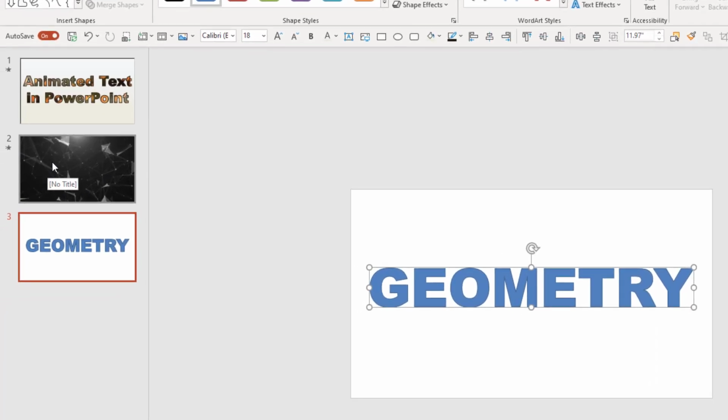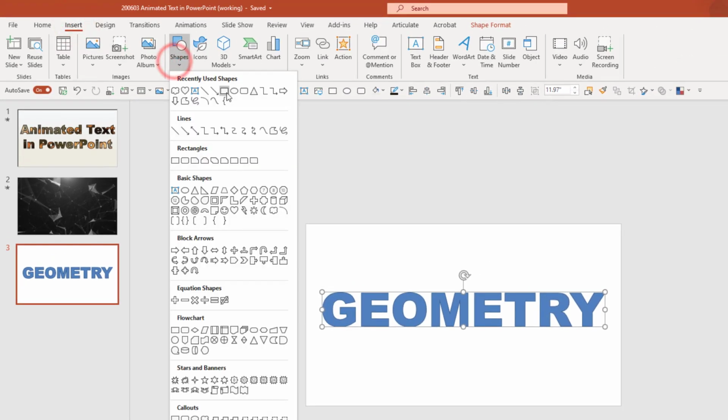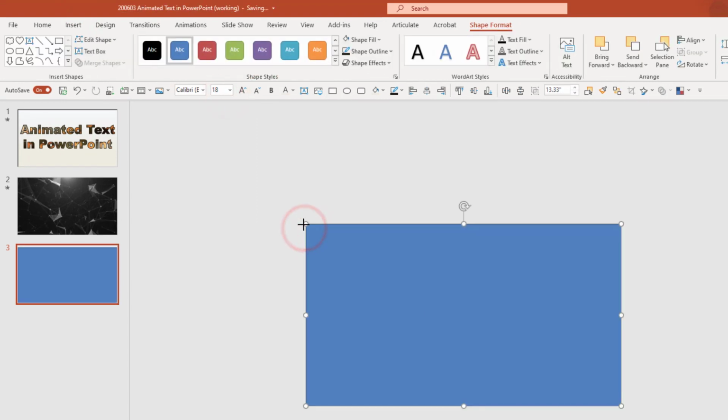I need actually the opposite of that. I need a box that has this shape subtracted from it. So to do that, I'm going to hop back up to Insert. I'm going to put another box, and I'm going to put this right over the entire slide. Again, I'm going to push it to the back, and with the box selected, I'm now going to select this